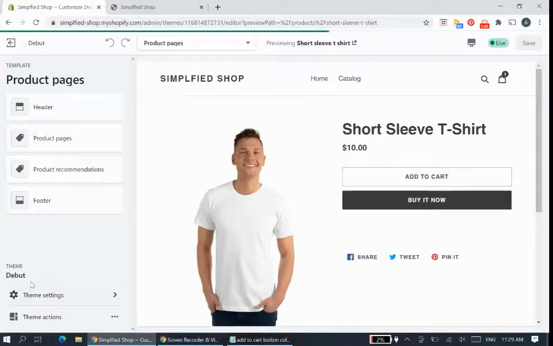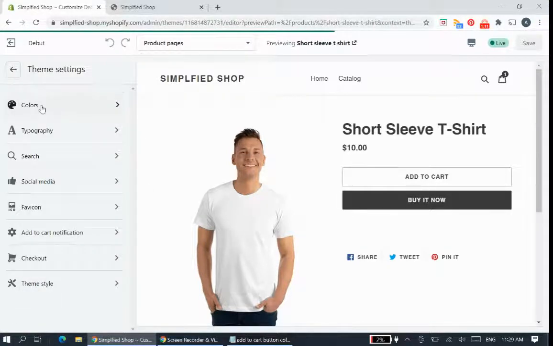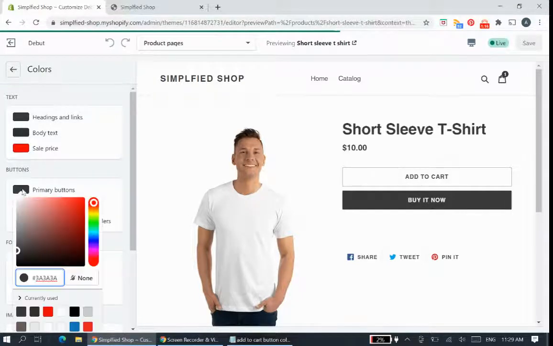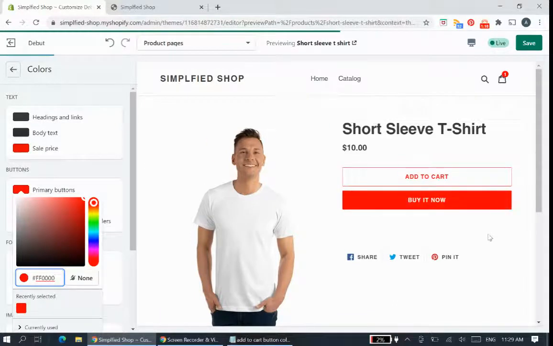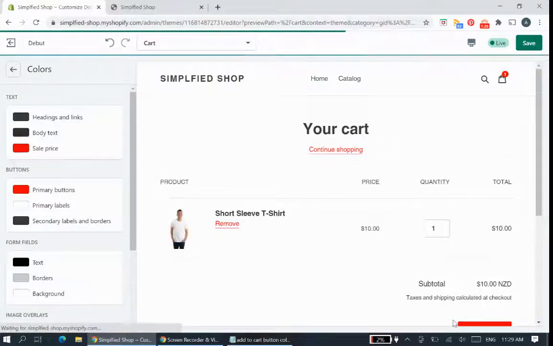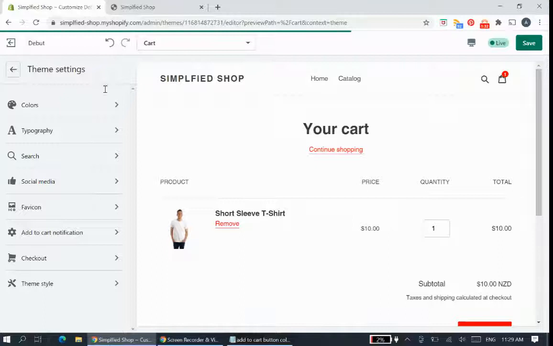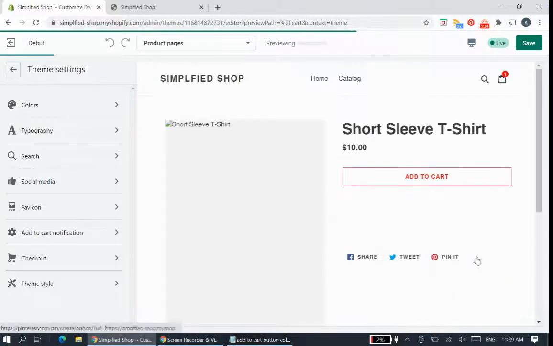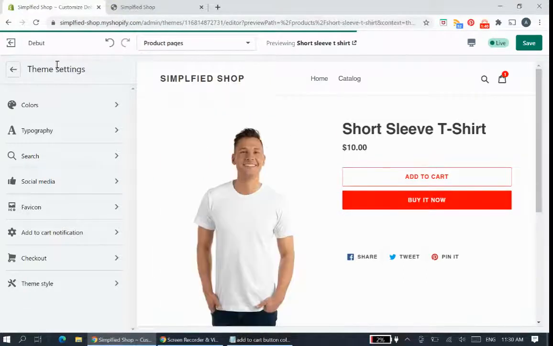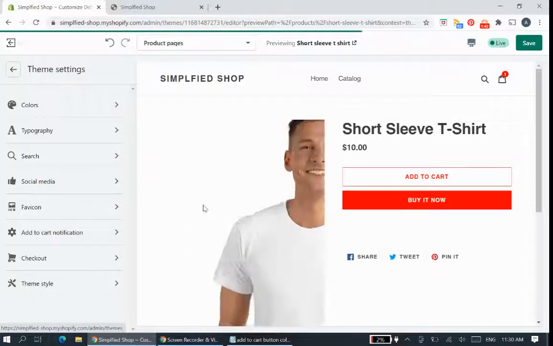So to change it through the theme editor, you would go to the theme settings and then you'll go to colors, and in there you can change the primary button colors. So if we try changing this to red, it will change all your theme's buttons, such as the product here and the subscribe button and the checkout button and so forth. So if that's not what you're wanting and you're just wanting to change the colors of just the product page itself for many reasons, such as making it stand out, point of difference, then we can do this by editing